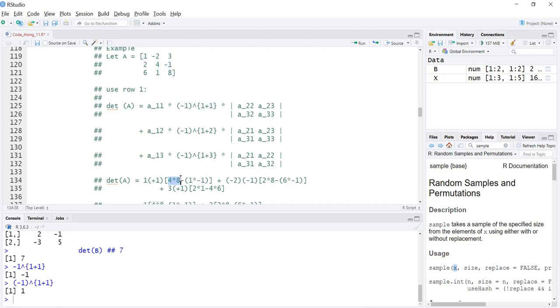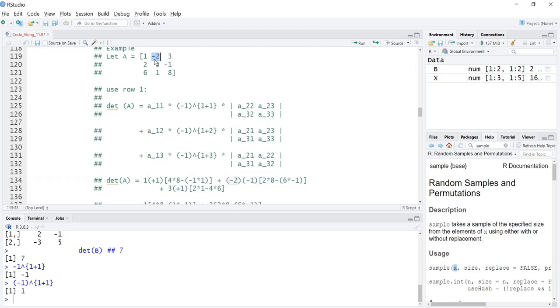So I've got 4 times 8 minus, and then negative 1 times 1. And then I've got negative 2, and negative 1 raised to the third power is a negative 1. So I've got a negative 2 times a negative 1, and then I've got